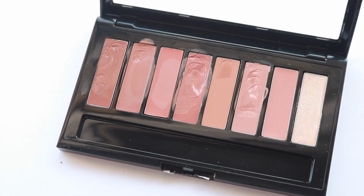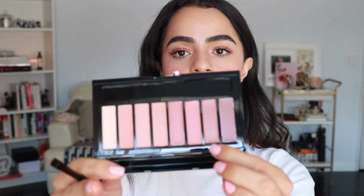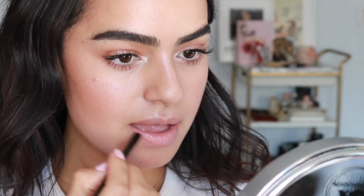I'm gonna take this palette by L'Oreal. It is their lip palette, and it has all of these nice nude creamy shades. They do have different palettes, but this one is the nude one, and I want to do a really pouty look, so I'm gonna use a darker shade on the outside and then fill it in with a lighter one. So I'm gonna take this color here first with number 2,